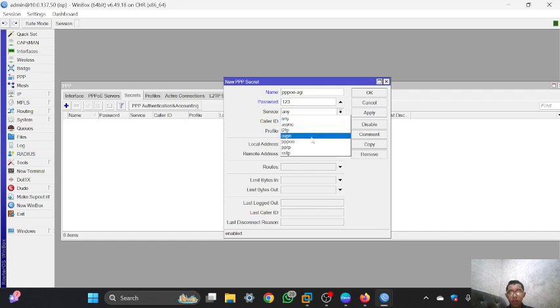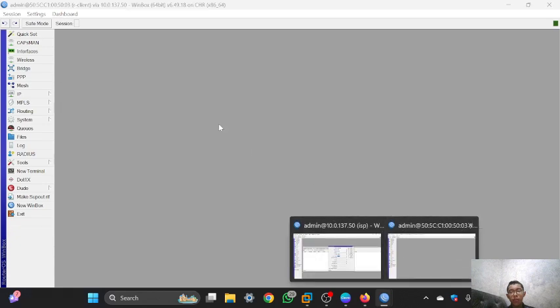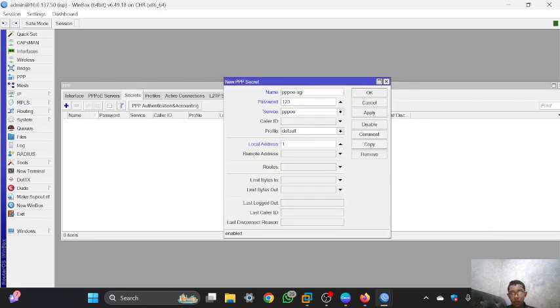The service is PPPoE, and the rest is default. And for the local address, it is the IP that the ISP will get if it's connected to the client, and I will use maybe this IP, and don't forget the prefix, and for the client I will use this IP.